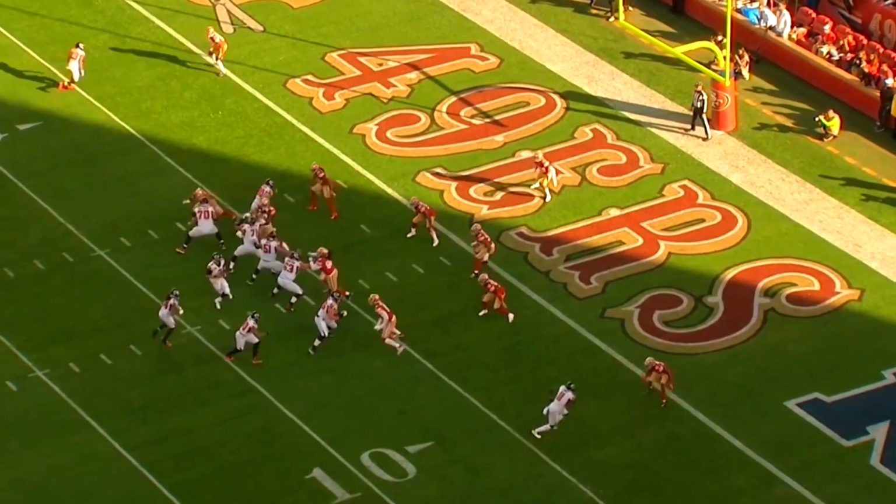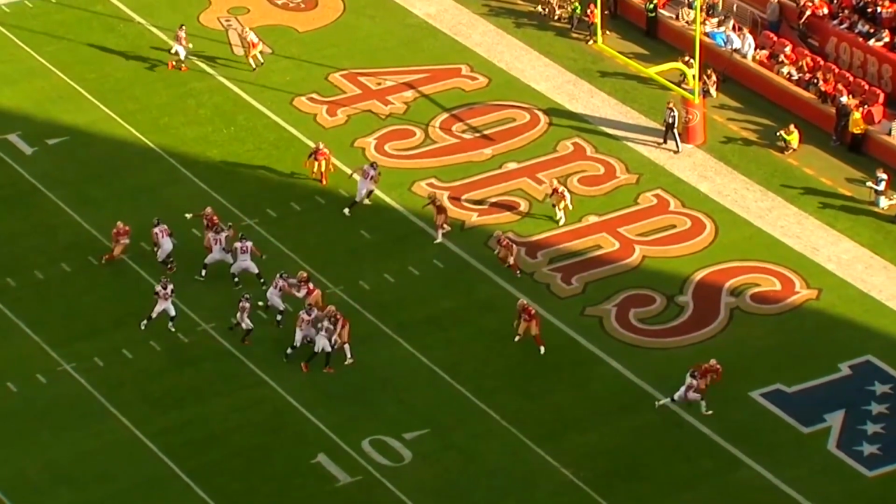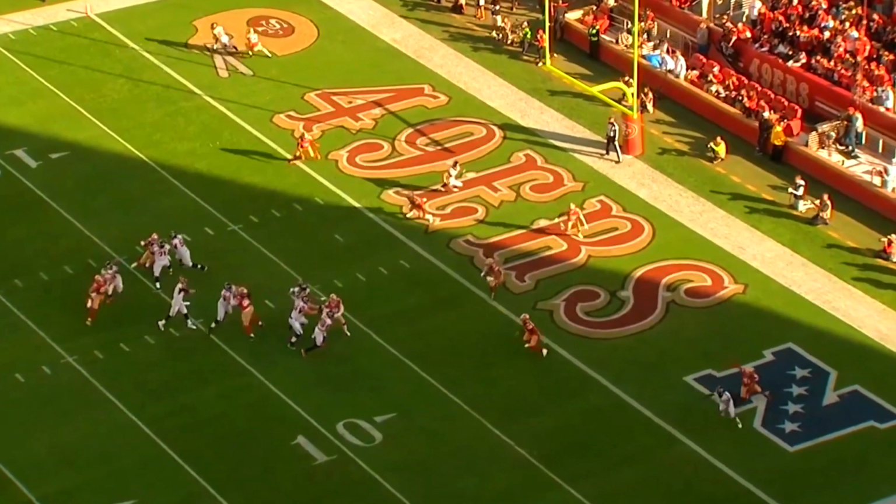In today's video, we are going to be breaking down Julio Jones and how he runs his routes for the